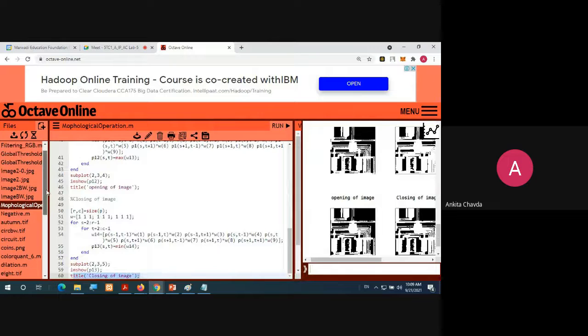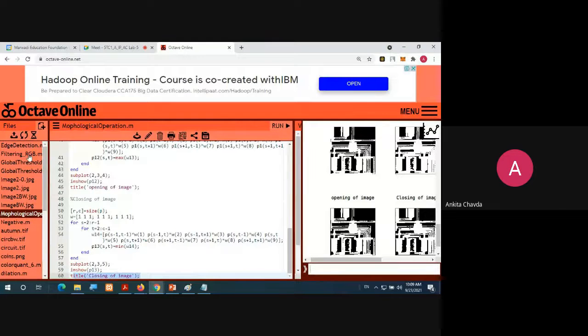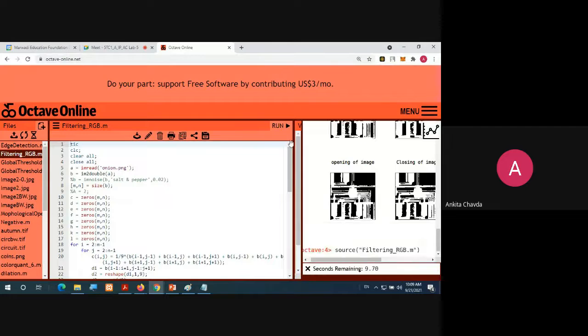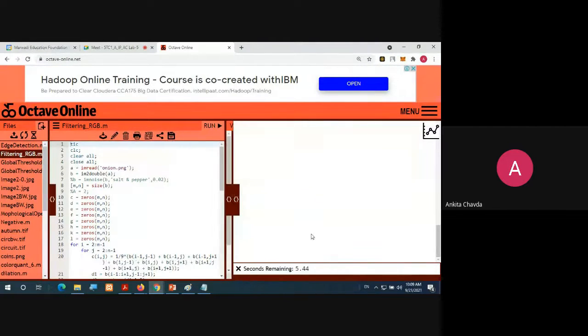Last time we saw smoothing and sharpening, right? Filtering. That program is working, but it again takes much time. Previously we tried it, but we had to try four to five times, because this one is also doing everything manually.